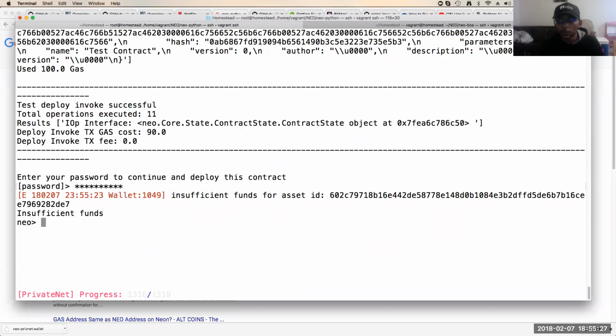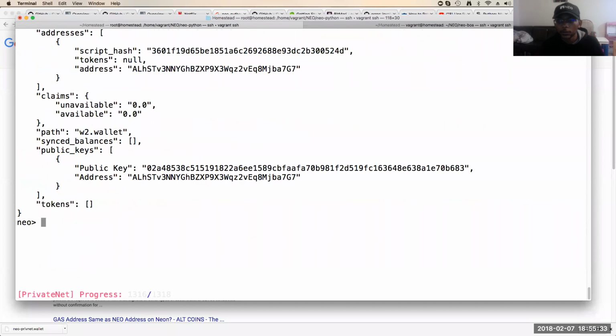This one's for asset ID. Okay. Yeah, okay. That's what I thought. I couldn't call it because I didn't have any gas on this wallet. Yeah. So I mean, long story short, there's still some